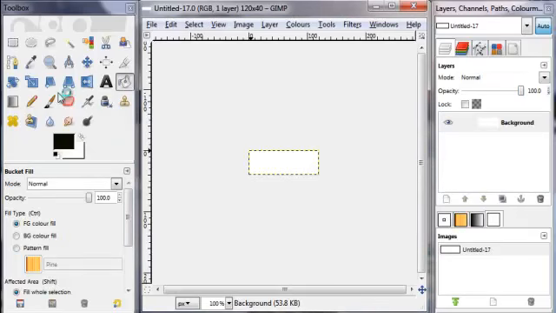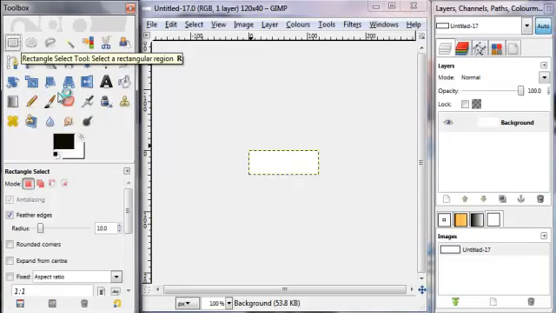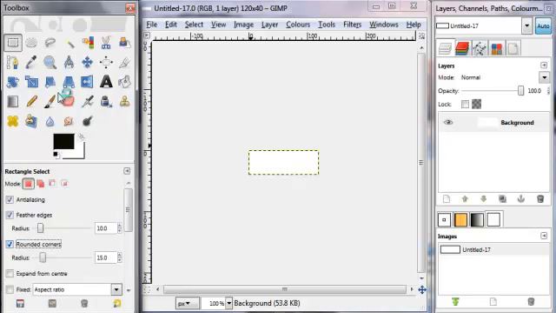Now the first thing we're going to do is press on the rectangular tool, and when you look at the options down here, you can have rounded corners, so we'll choose rounded corners, and I'll draw it and then we'll see how you mean about the radius and whatever. So if I actually go and start off in this little square there and pull that right across to the bottom corner,